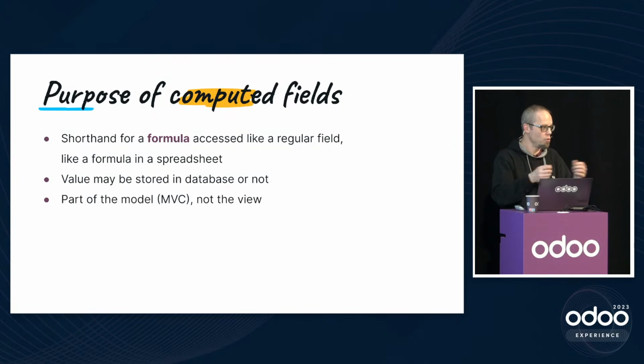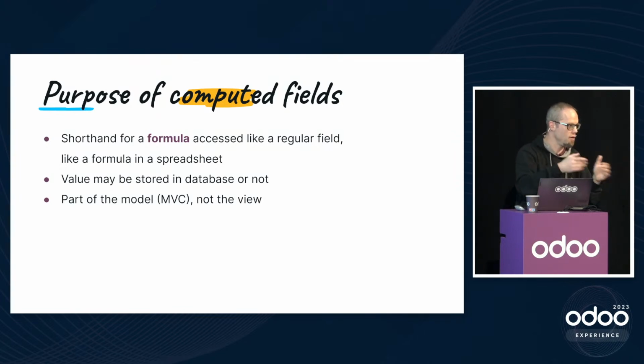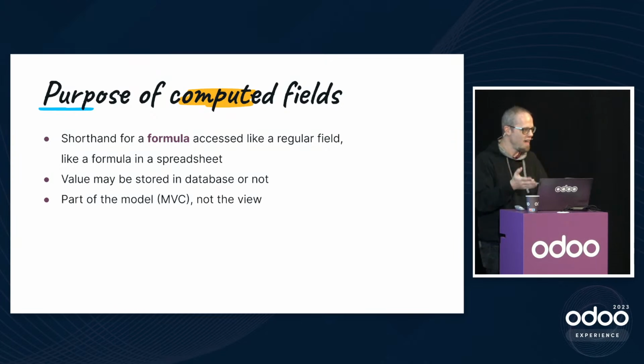You have code executing some sort of computation, and you may access the result of that formula like a regular field. And it's exactly like a spreadsheet where you have cells containing explicit values, and some cells